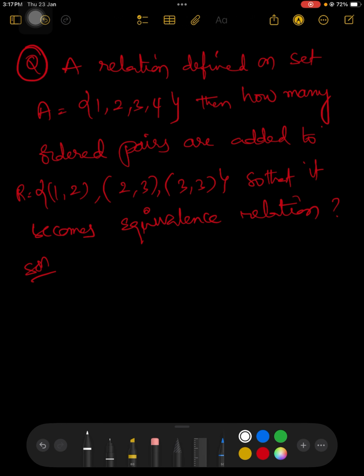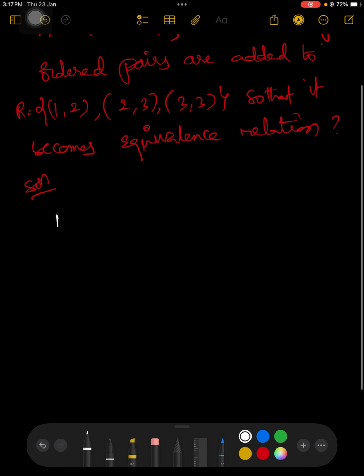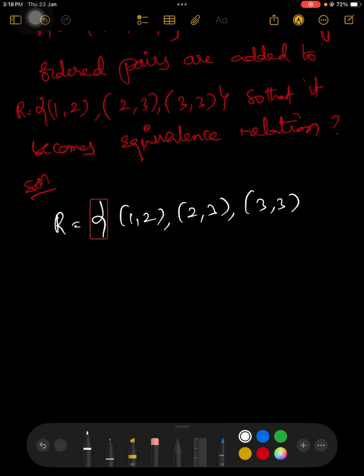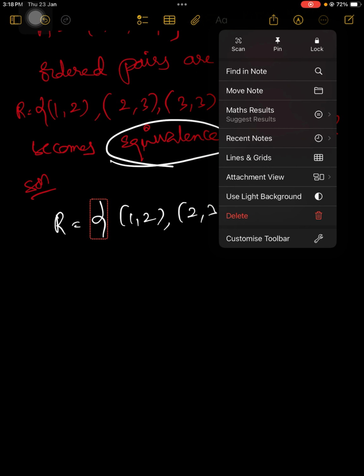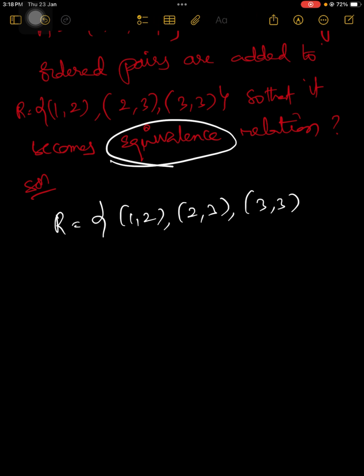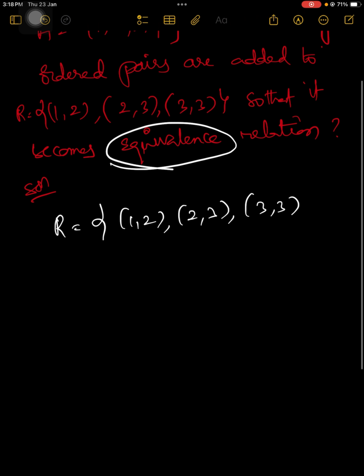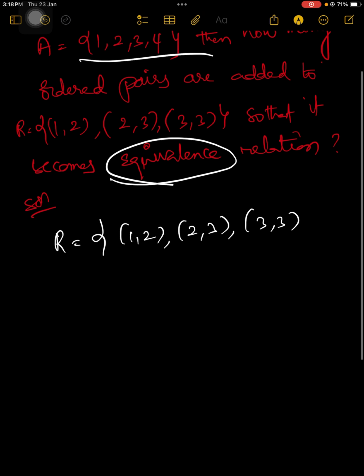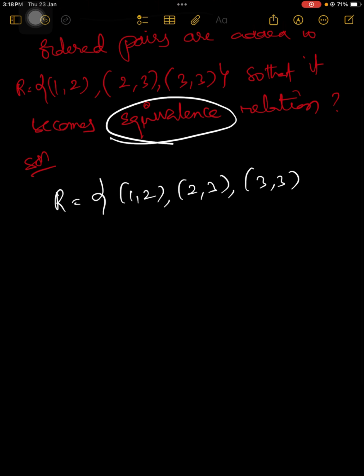The next question is from relations. A relation is defined on the set A equal to {1, 2, 3, 4}, containing the ordered pairs (1, 2), (2, 3) and (3, 3). What is the minimum number of ordered pairs we have to add so that it becomes an equivalence relation? Now, for it to be an equivalence relation on A = {1, 2, 3, 4}, we want